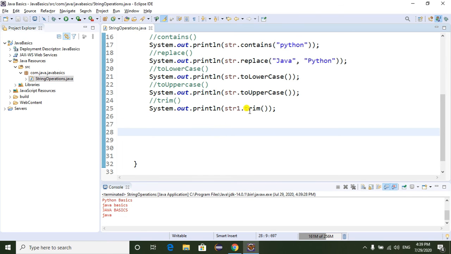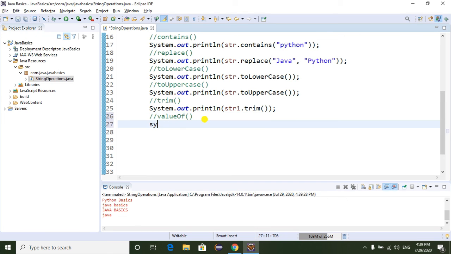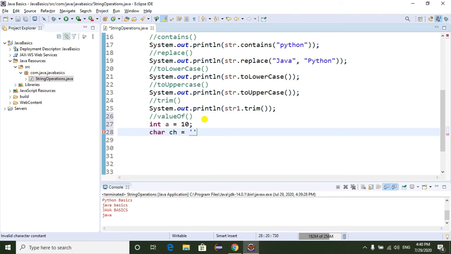Now I'm going to show you another method, the valueOf method. So this valueOf method will convert other data types into the string data type. So here I am going to take int a equal to 10, char ch equal to 'a'. So I am taking two variables, one is integer type, another one is character type.